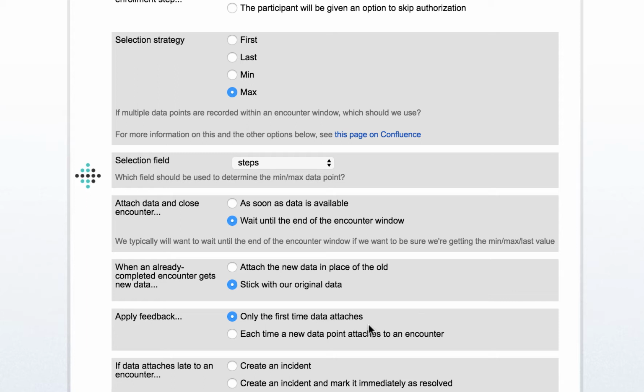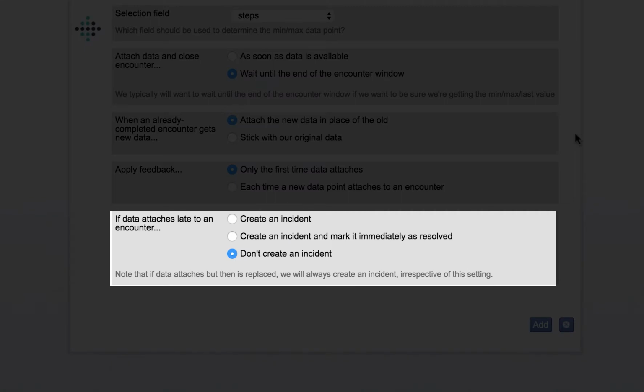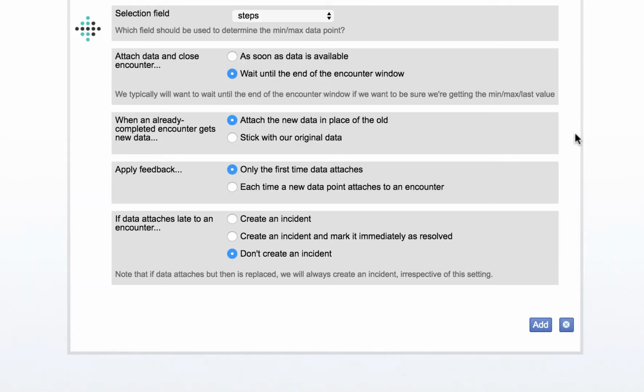data. You can choose to apply feedback only the first time data attaches, or each time a new data point attaches to an event. For example, since we want to apply feedback at the end of the event window, it will only apply once. If data attaches late to an encounter, you can select Create an Incident to alert the